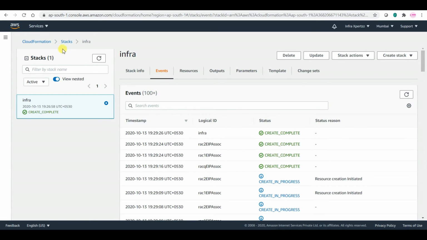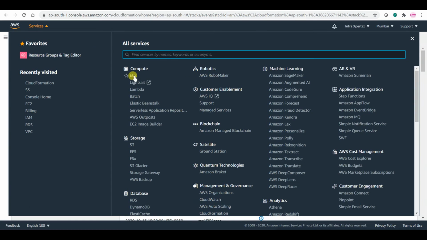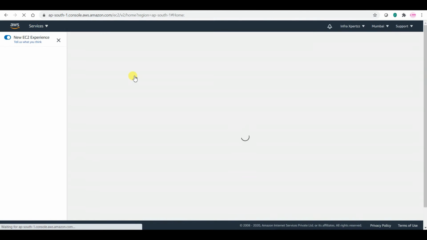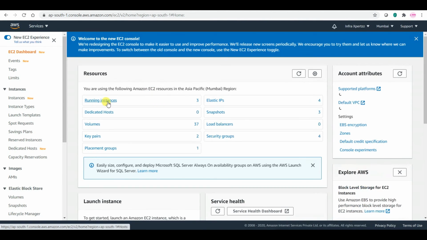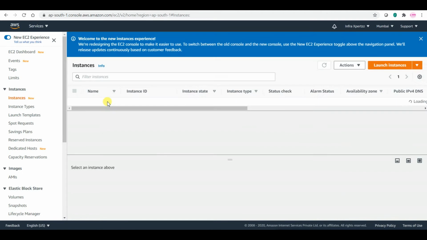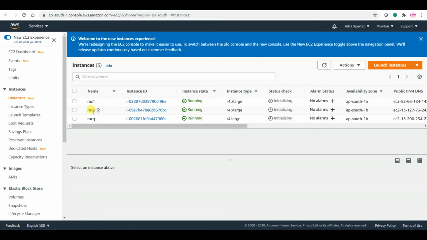Right now, if you check from here, you will be getting the EC2 instances: 3 EC2 instances running with rack 1, rack 2 and rack Q. And the status check is initializing. Let us wait until it passes the checks.